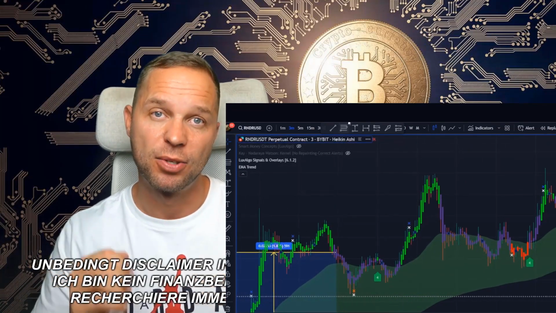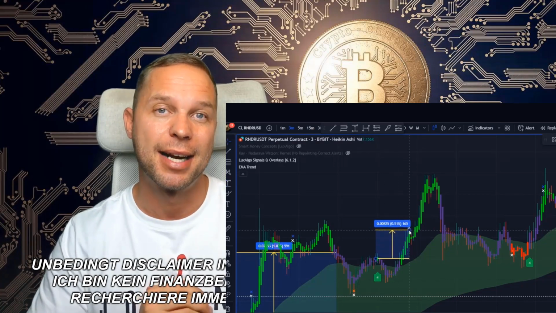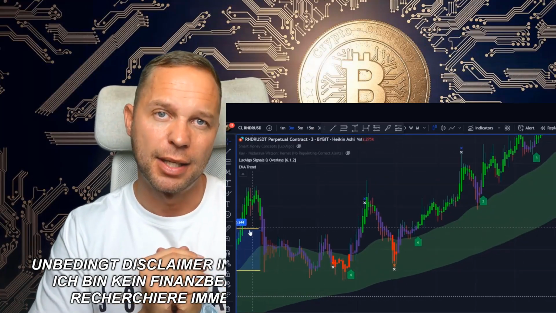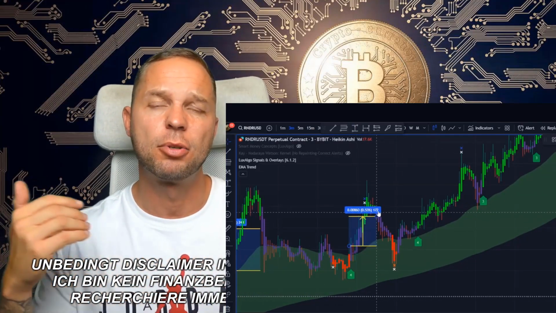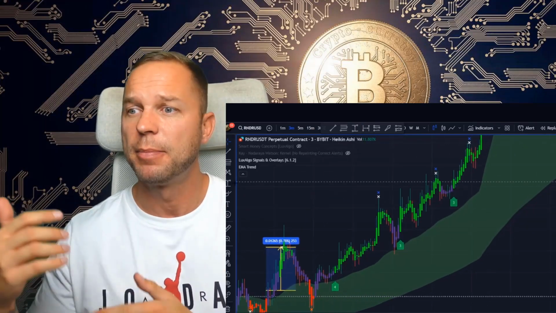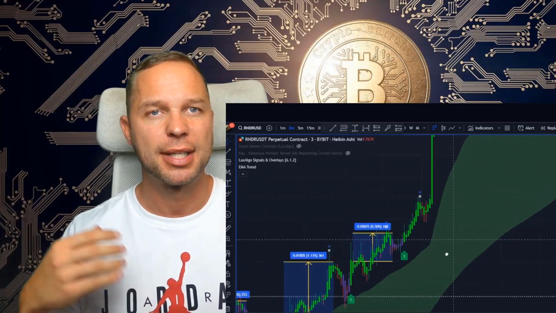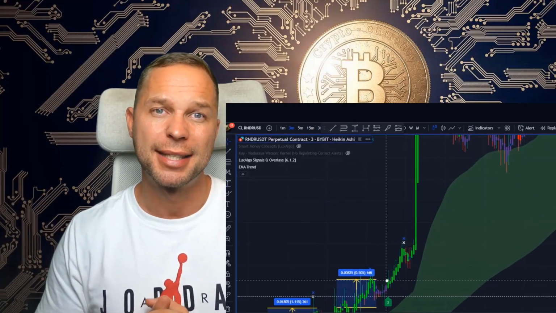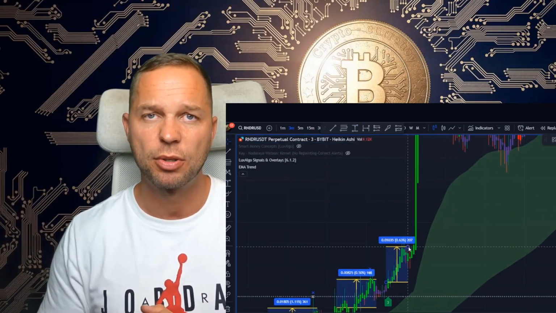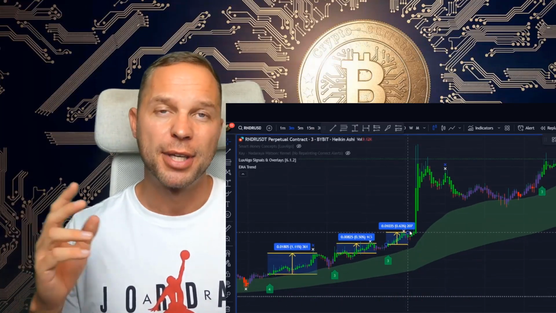LuxAlgo has made a new AI integration in its Signals and Overlays indicator, and it really has it all. Of course, this is aimed more at the people in my community who already have LuxAlgo and trade with it. I'd like to show you a little bit because in Discord they keep releasing very good strategies in the premium